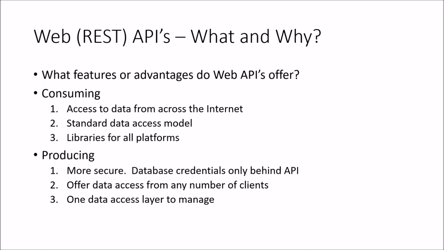And then also there are libraries for all sorts of platforms, meaning for application platforms. So there's one for VBA, which is what we're going to use today, that you can use from Access, but you can also use from Excel. There are libraries for Java, for .NET, for JavaScript, for Windows 32 applications, for UWPs, for WinUI. So there's a very, very nice set of rich libraries to make consuming APIs easier.